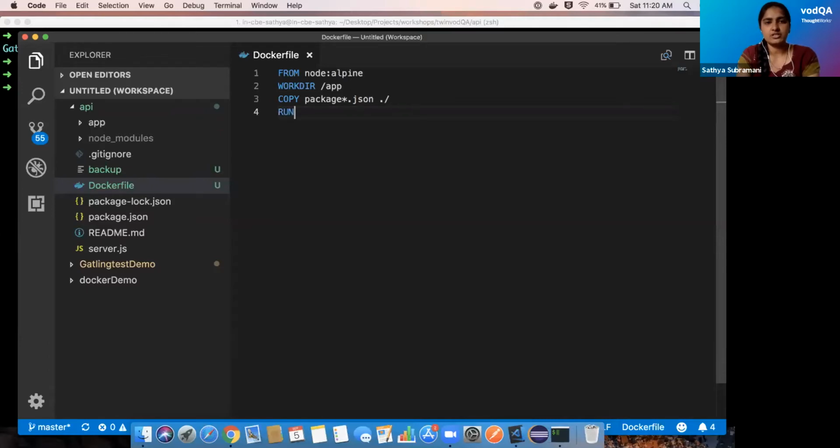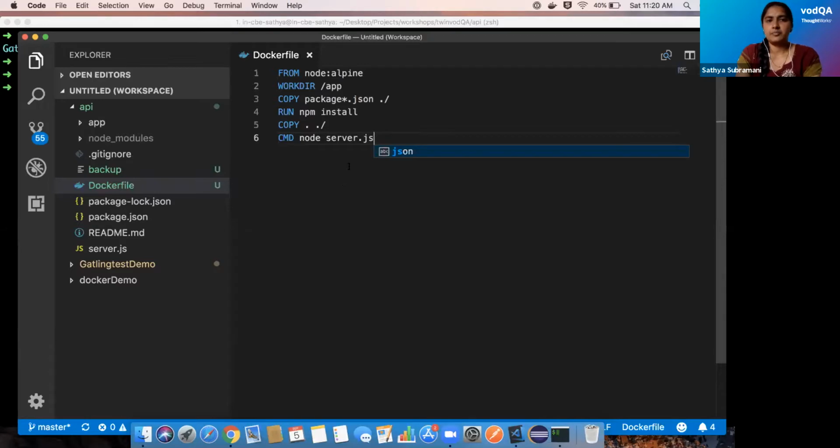Then I'm going to run npm install, which will install all the dependencies mentioned in the package.json. Then I'm going to copy the entire code to the current working directory. Then I'm going to give the command that needs to execute it. So node server.js is my command.